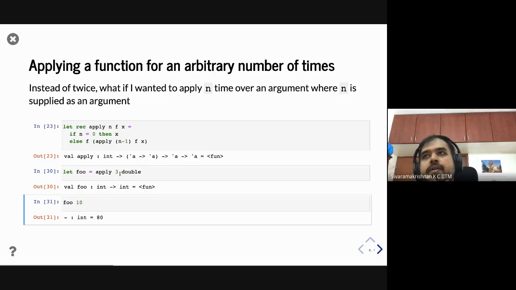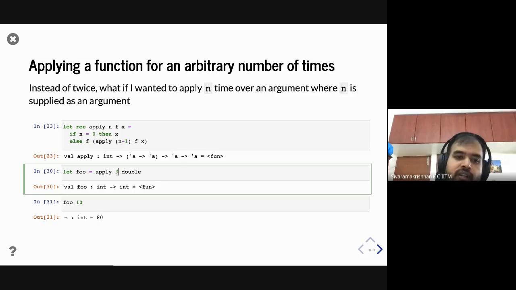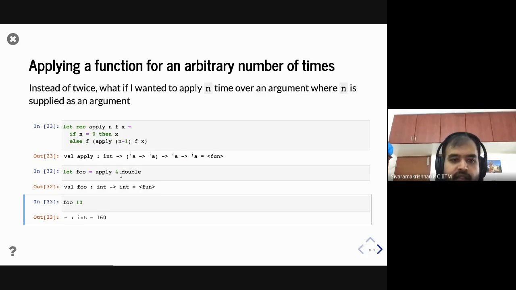Okay. In partial application, is there a way to supply the middle argument first? No. Think about writing a function that flips the argument order. This is quite standard, right? So just to finish this thread, you can apply it, say, n number of times, and it will just work, right? So that's the idea of abstracting the number of times you want to apply the function. So Naman has a question, which is, in a partial application, is there a way to supply the first argument? No, but you can sort of think about